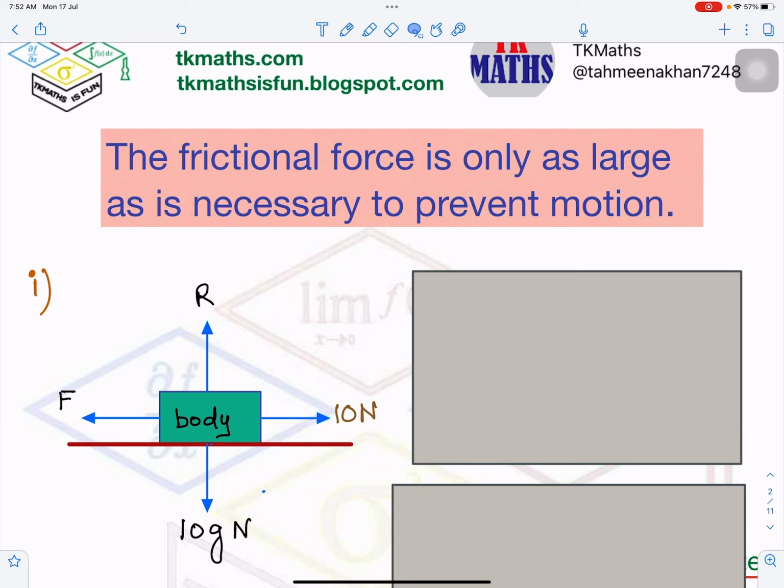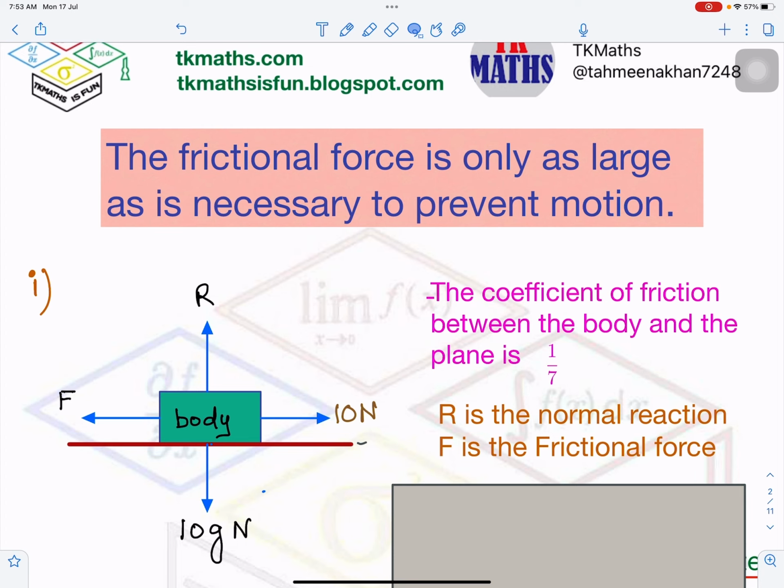So this is the body or the object here on the plane. I have taken different colors. The plane is represented by orange color, maroon color, right? Now F is the frictional force, 10 Newton is the applied force, which is in the right hand side direction. R is the normal reaction, and the body weight is 10 g, which is 100 Newton, right? g is equal to 10. So will this body, now the question is,